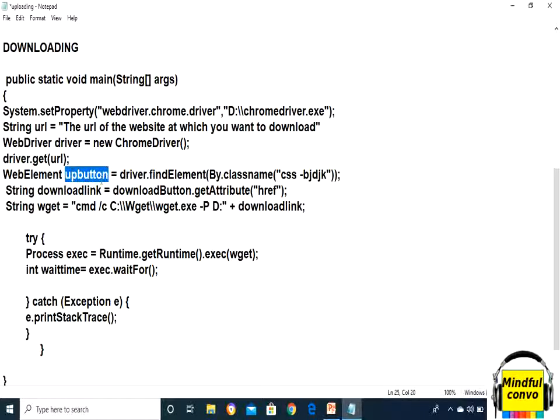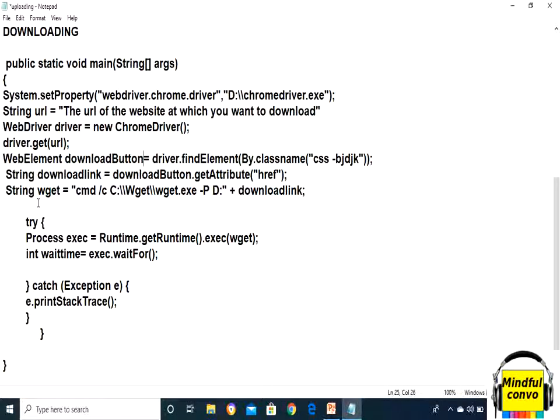Here the download button is the button, and behind the download button, as we know, there is a download link. In order to get the download link we will get the button with the getAttribute function, so that we will get the URL. Now we will take a string, that is wget, and in that string we need to